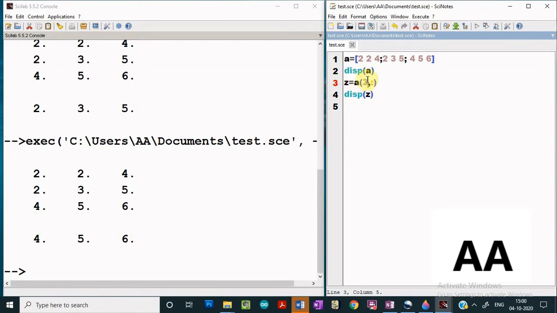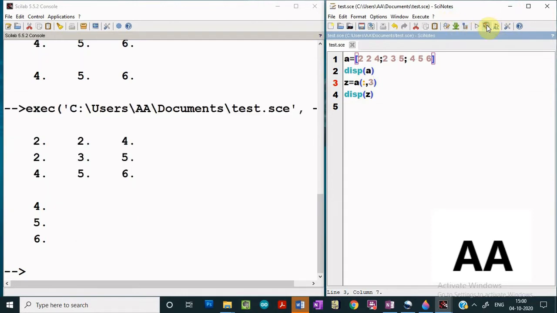Now suppose the next case is that you are not interested in row wise but you wish to access the elements column wise. How do we access the elements column wise? For that we have to access all the rows, so we put a colon over here, and after that we give the respective column number. If I am interested in the third column, I can give something like this, and let us see what we get.